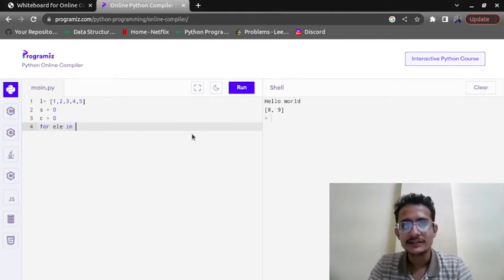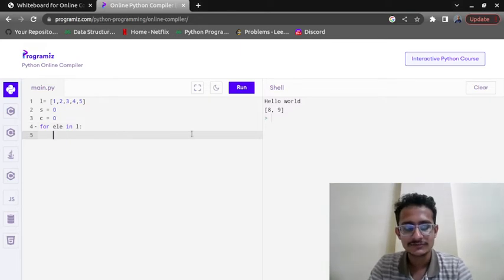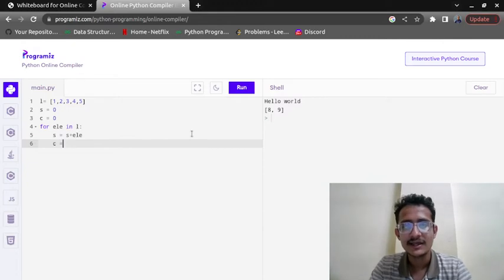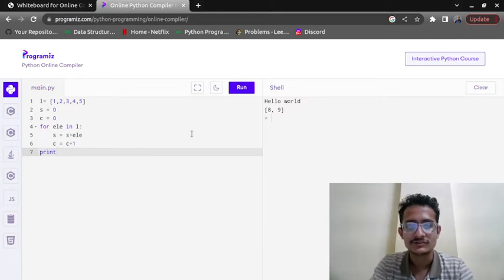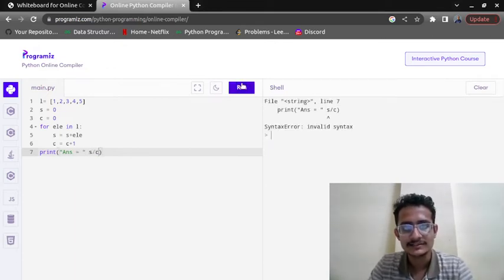So for element in the list, first of all I will add that element, S plus element, and then I will increase the count by 1, so c is equal to c plus 1. Then I will print the answer. Answer equal to S divided by c.